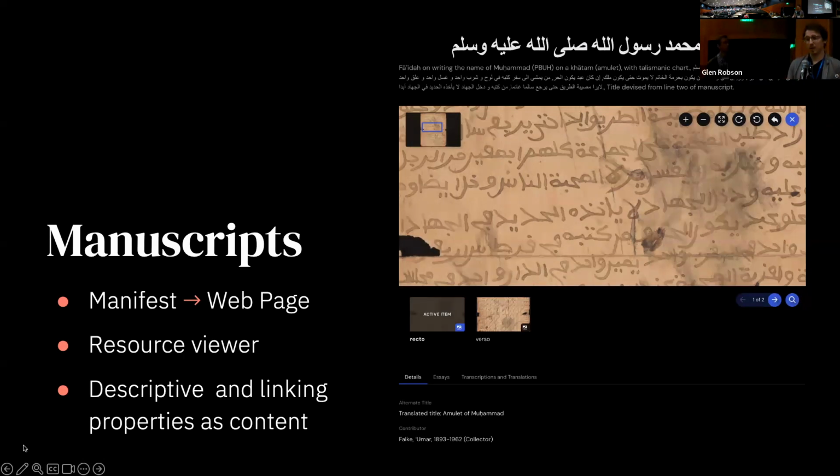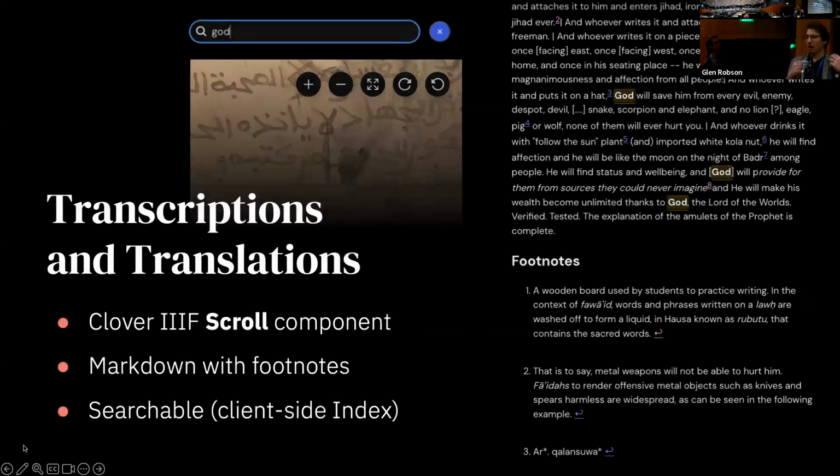And then further down the page, the fun stuff, we developed a user interface that laid out each of these canvases alongside their associated translations and transcriptions. We're really hitting on that at this conference, by the way. I like that. But coming from these manifest annotations, we rendered the textual content complete with the footnotes, again, in that Markdown,